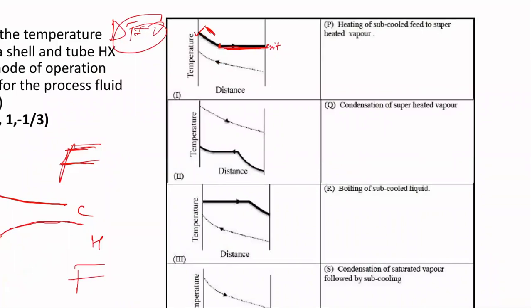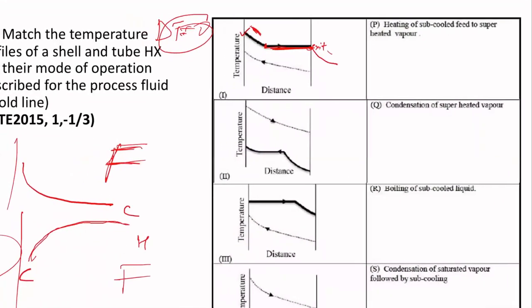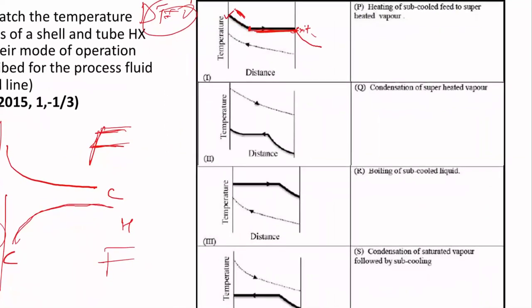Vapor can be superheated. So let's say water vapor, we have steam maybe at 120 degrees Celsius, and now I need to make it to water. So first I have to cool it down till 100, then I will exchange the latent heat, and then I will get water at 100 degrees Celsius. And further, if I say I want water at 80 degrees Celsius, then I need to further cool it down and the graph will look like this. So what is happening here? Phase change is happening and the output is at saturation, and there is some cooling happening.